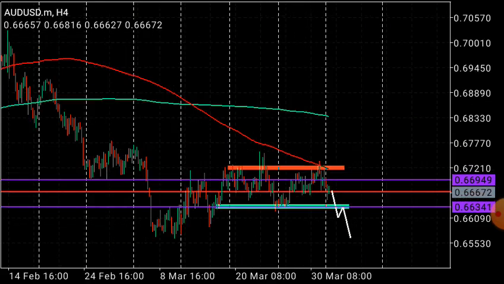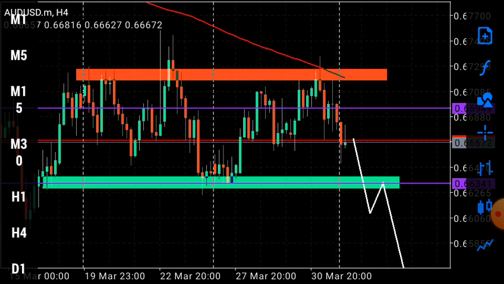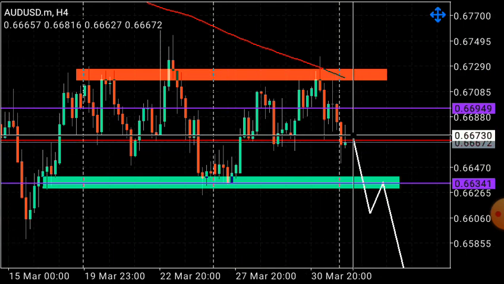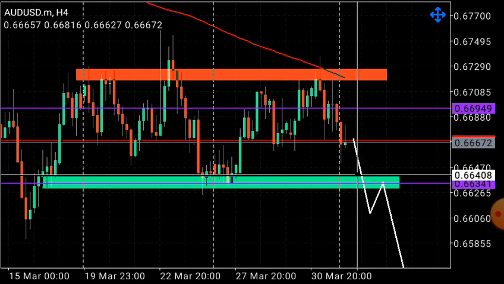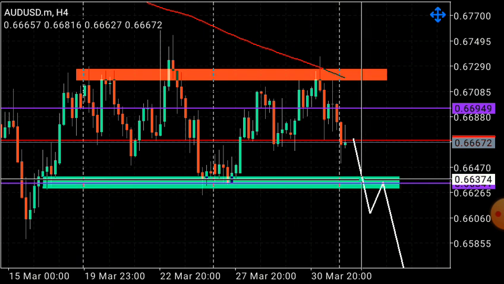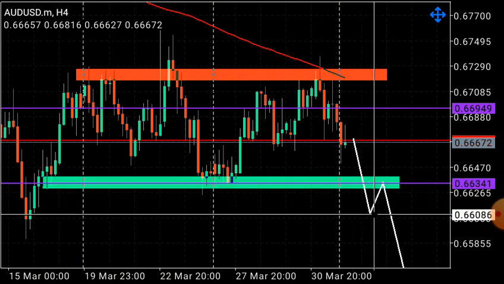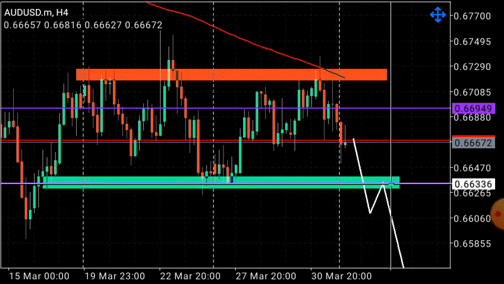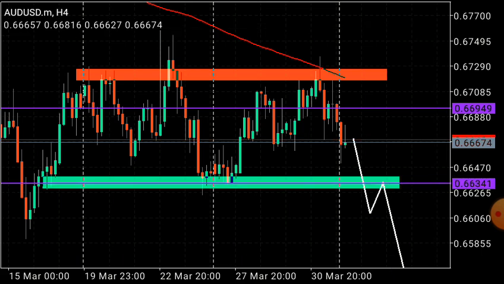But a good setup would mean that you wait for this market to drop. When it breaks, you wait for the price to impulse. You will take your orders after a pullback. That's when you take your sells. That will be a smart move. This is what I'm anticipating on the AUDUSD for this coming week.